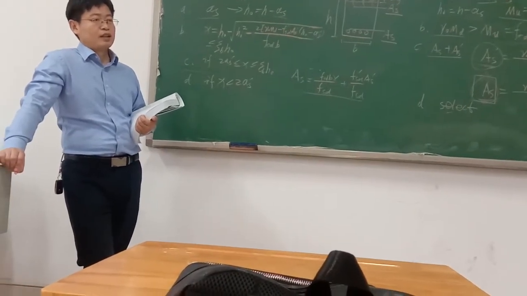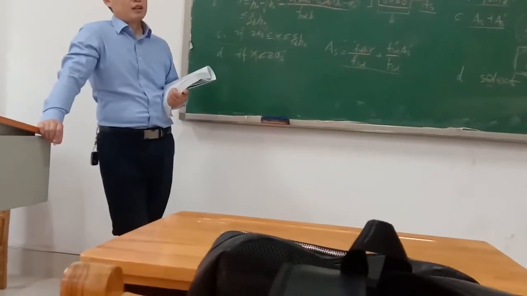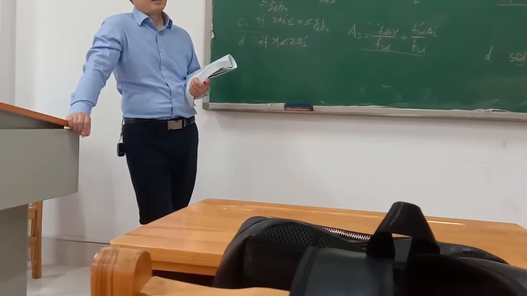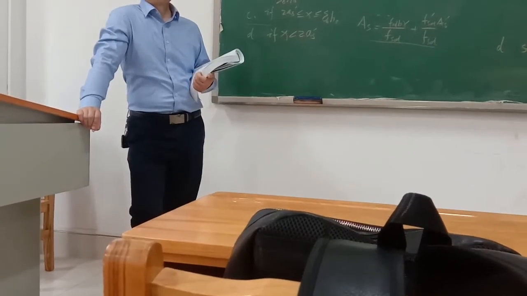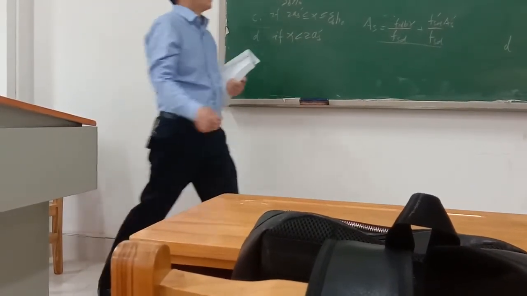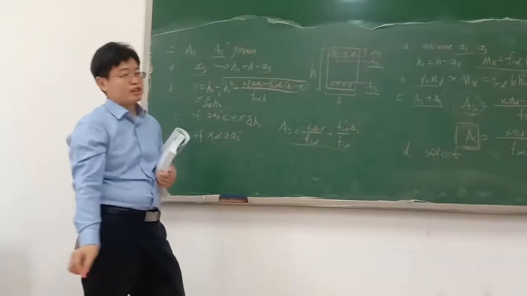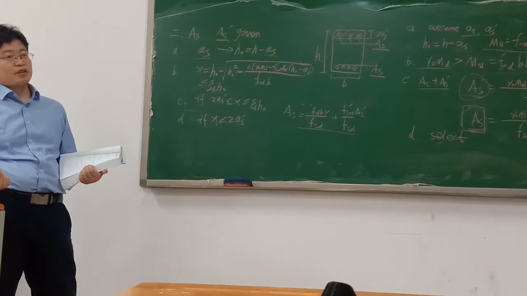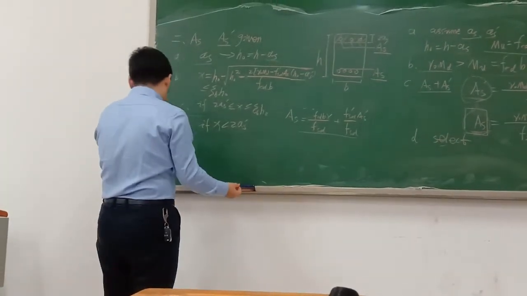That means the x less than ξ_b h0 is not satisfied. The compression zone reinforcement has not reached yield strength. This is the realistic problem. So that means the reinforcement in the compression zone has not reached yield strength. The reinforcement has not been fully used. So in this situation,